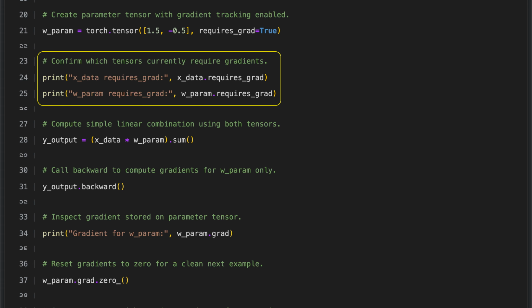We first check whether the input tensor has gradient tracking enabled by looking at its gradient requirement attribute, which tells us if gradients will be computed for it during backpropagation. We then do the same check for the parameter tensor to confirm its gradient tracking status. This process shows which tensors will receive gradients and helps verify that the parameter tensor is correctly set up for